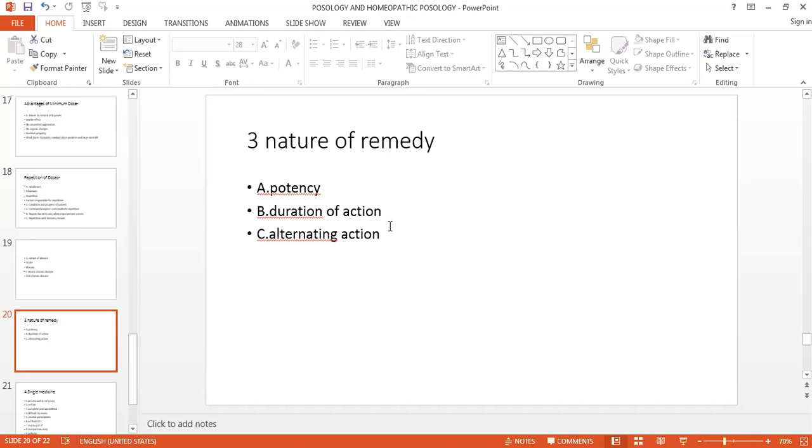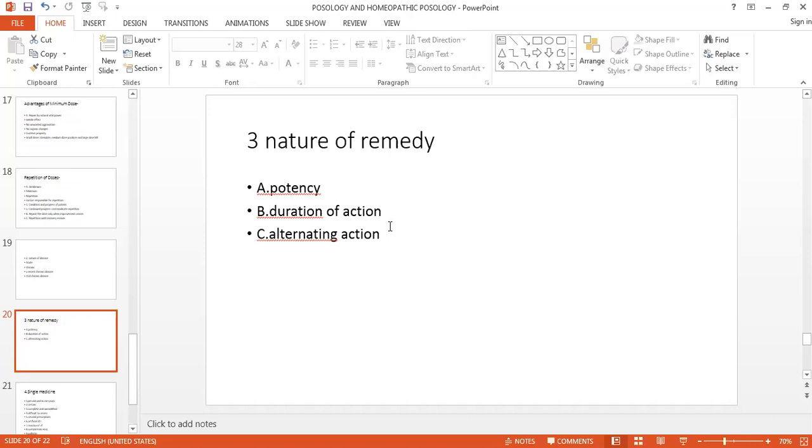So when the original symptoms return after the temporary disappearance of the medicine, then we have to repeat our medicine and we have to change our potency. So in this way we are also getting the same experience as Kent had. So he said that if the patient comes to a standstill condition or the old symptoms come again, in that case you can repeat your medicine and you can change your potency also according to the disease condition or the patient condition.